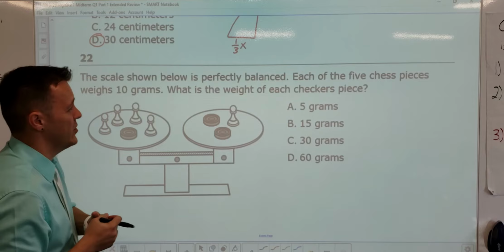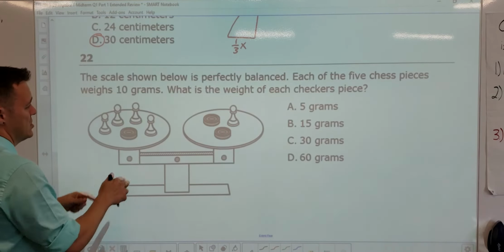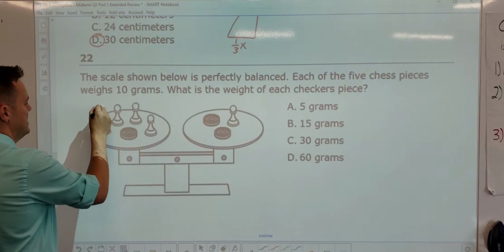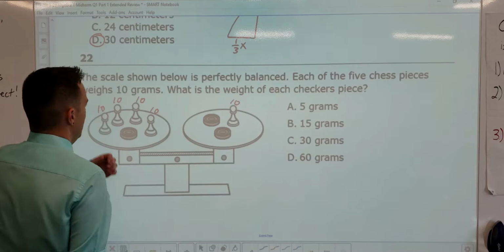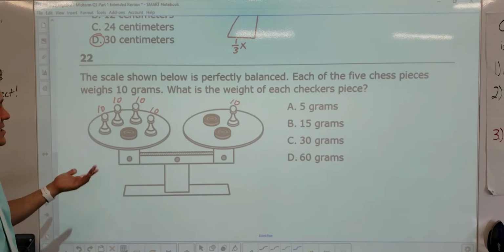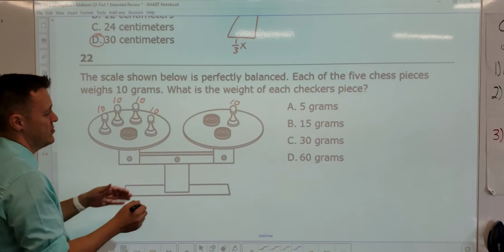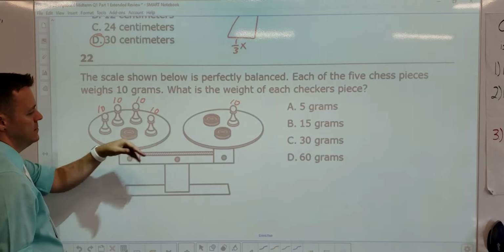The scale shows perfectly balanced. Each of the 5 chess pieces weighs 10 grams. So here's the 5. So this would be 10, 10, 10, and 10. And then over here you've got 10. What must the checkers weigh? All right, so what you need to do is set up a problem, right? So you have two different equations. You would have 40